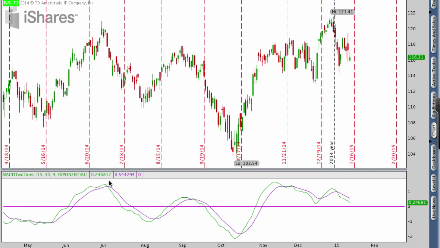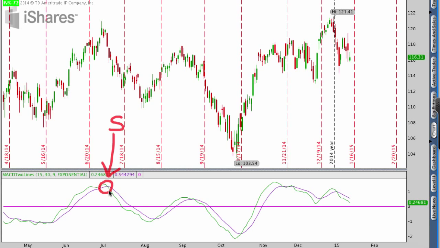Now, in our case, we are looking for specifically that cross in the moving average. So in this case, the one that I'm pointing to right now on the screen, this is the moving average that has now crossed under the purple line, and that gives us a very clear sell signal. So when we see that shorter term moving average, that green line, cross below the purple line, which is our longer term moving average, that means that short-term momentum is getting sucked out of the security relative to long-term momentum, and therefore we should be out of the security or at least be wary of